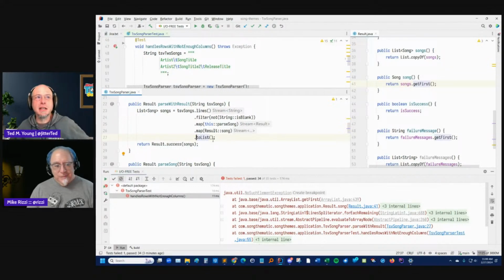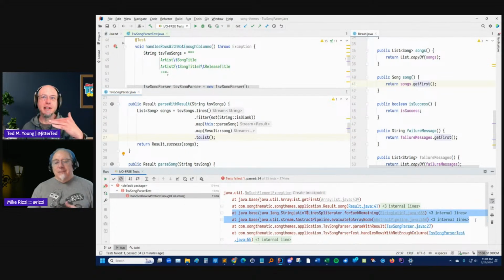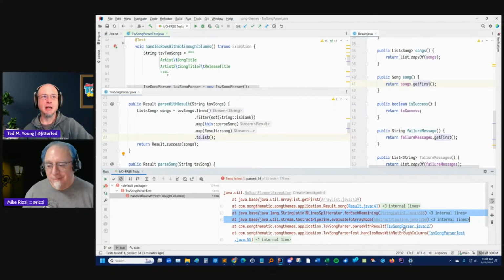And it's these little things that, when we look at experts versus novices, experts know the pattern, and so I don't even in a sense see those other two lines in the stack trace because they have grayed out lines and they start with Java base, and so I sort of skip processing them, and I just see, oh, okay, before result.java line 41, TSV song parser. And that is